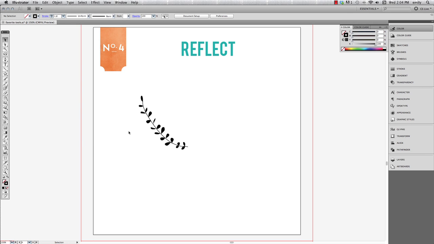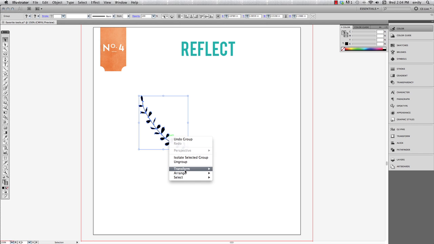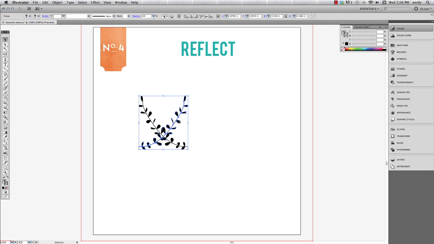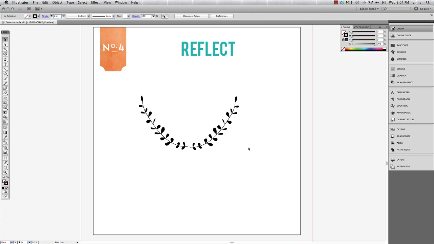Okay, so the reflect tool, if I want this exact same branch just reflected over here, instead of having to draw another one, I can just grab this whole thing. I'm going to group it by Command G, and then I can right click, go to Transform and Reflect. And then you can choose to either reflect it horizontally or vertically. In this case, I'm going to go vertical. And then instead of just reflecting only this item, I'm going to actually make a copy of it, which is really nice. And now I've reflected it. I can just move it over here, and I have my own little wreath that I've made of these laurel